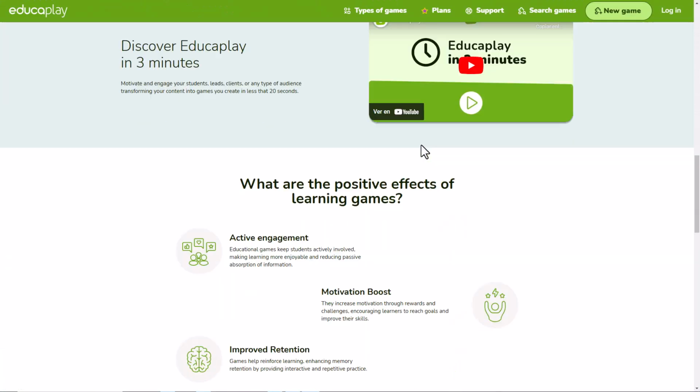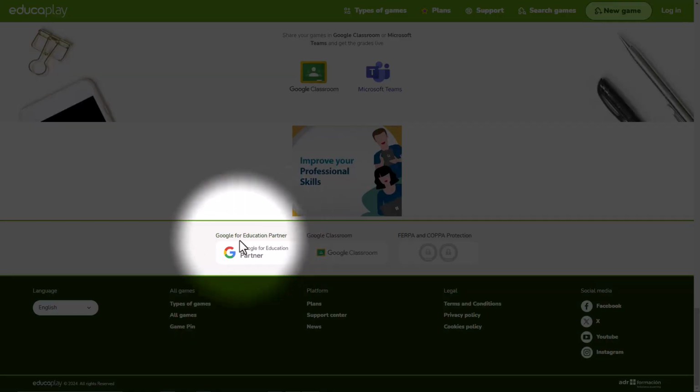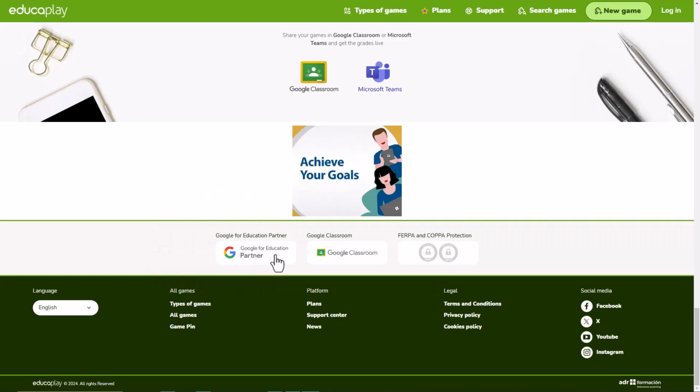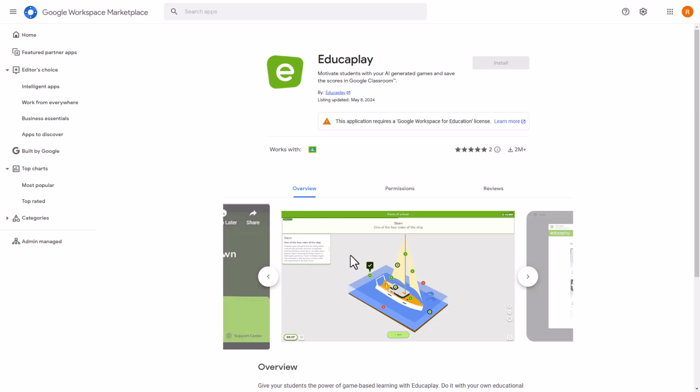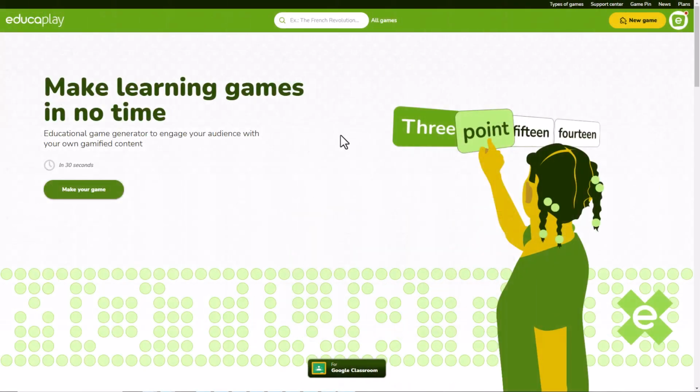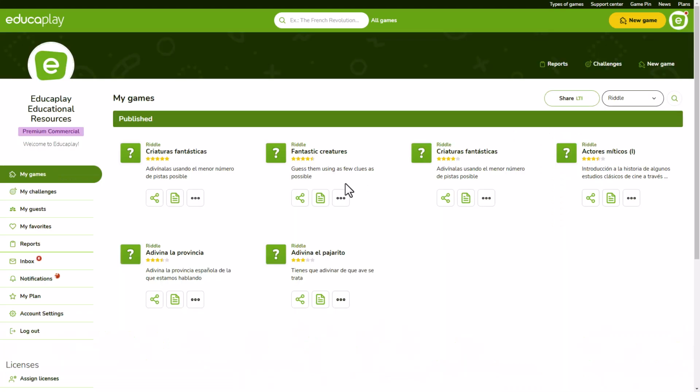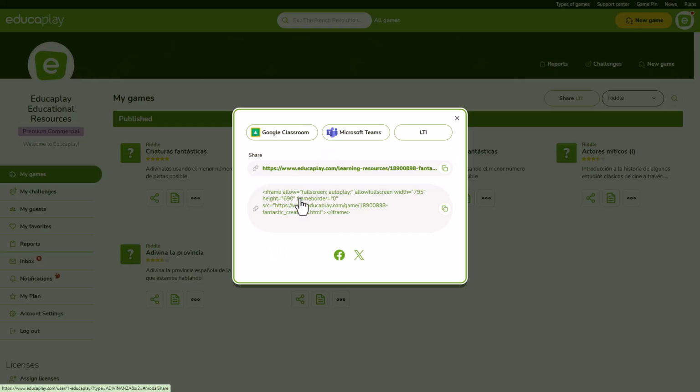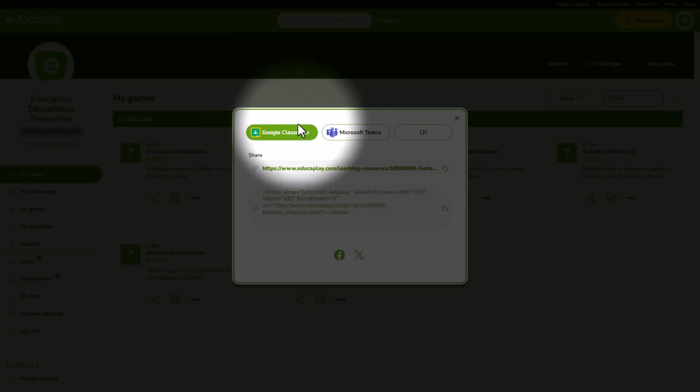Let's go! Educaplay is one of the official Google for Education partners thanks to the integration possibilities of our games in Google Classroom. There are two ways to establish this connection. The first one starts in the options box to share a game. Go to your dashboard, click the Share button below the game you want to integrate,